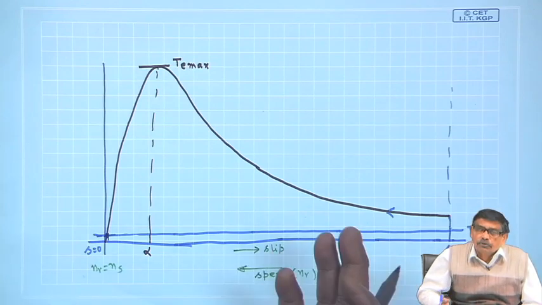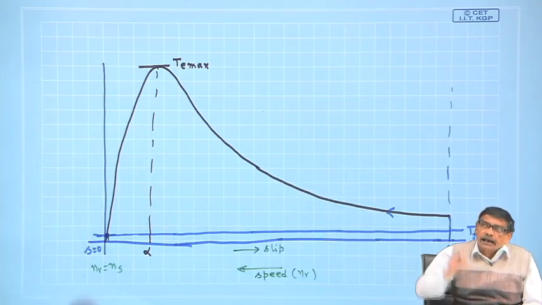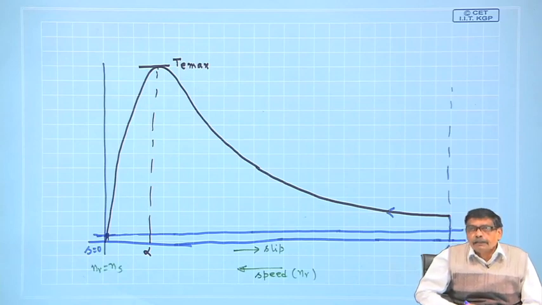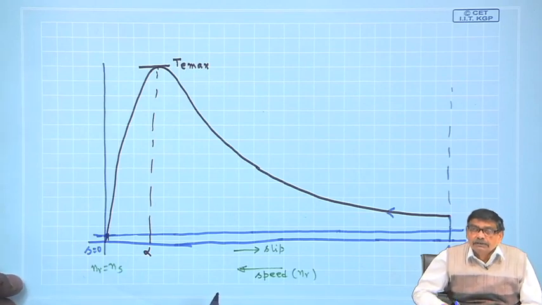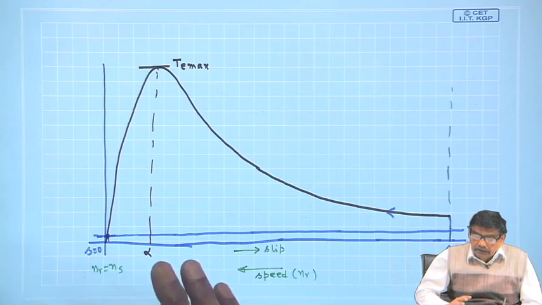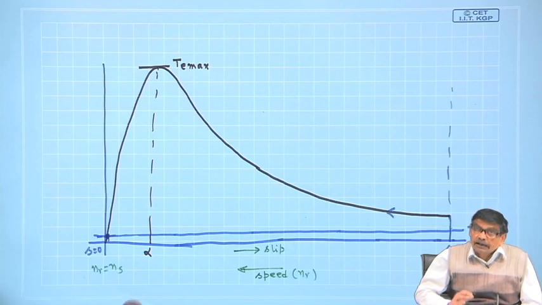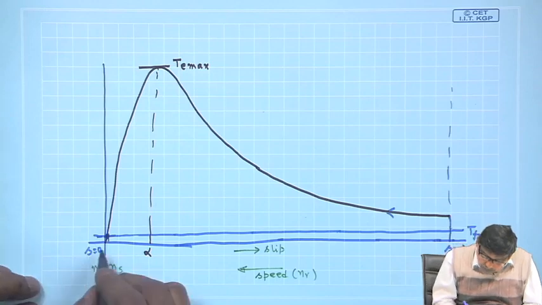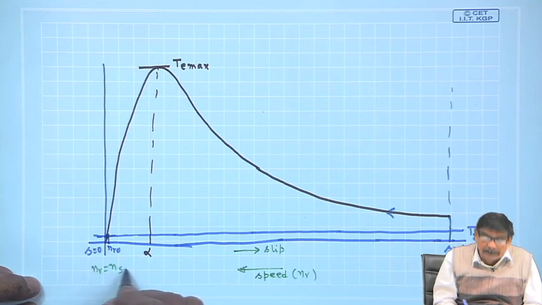For example, the motor will raise water to a tank at a certain height. Then really opposing torque will come, and there the mechanical torque will be developed, and the motor is going to do some mechanical work. Or suppose the motor is doing some rolling operation in a steel plant, then opposing torque really comes. Now, I will formulate. So, this is the no load speed N R 0, which is very close to N S.